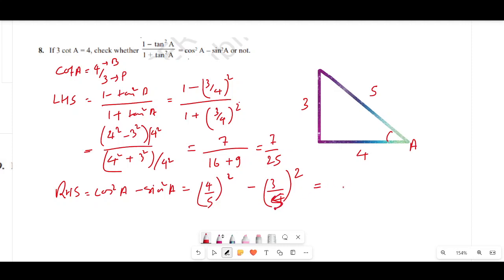Now 5 square is common. Here we will write 4 square minus 3 square. Now a minus b into a plus b: 4 minus 3 is 1, 4 plus 3 is 7. 7 by 25. So that is our answer. Now